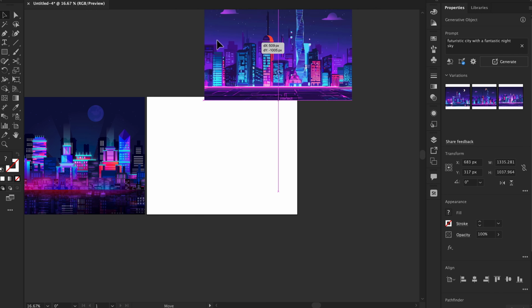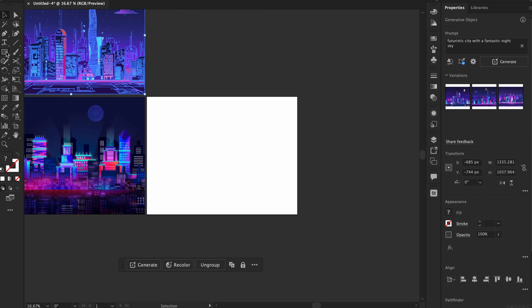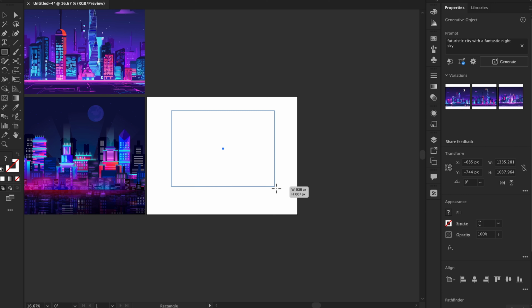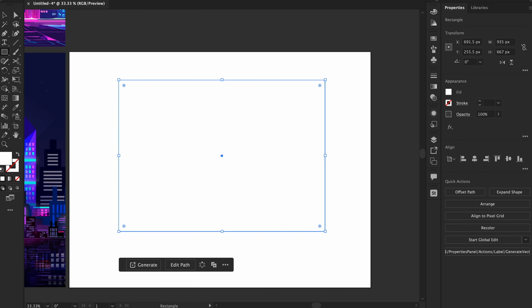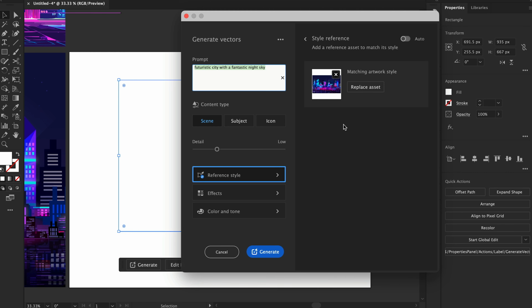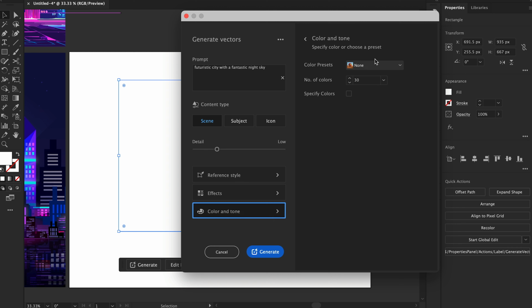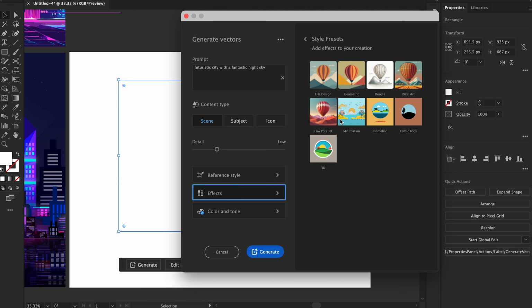So I'm just going to create another, just draw a rectangle and select object, generate vectors, and this time I'm not going to use this asset, and simply write a prompt here. And let's check out the color theme and all that. Cool tone effects,